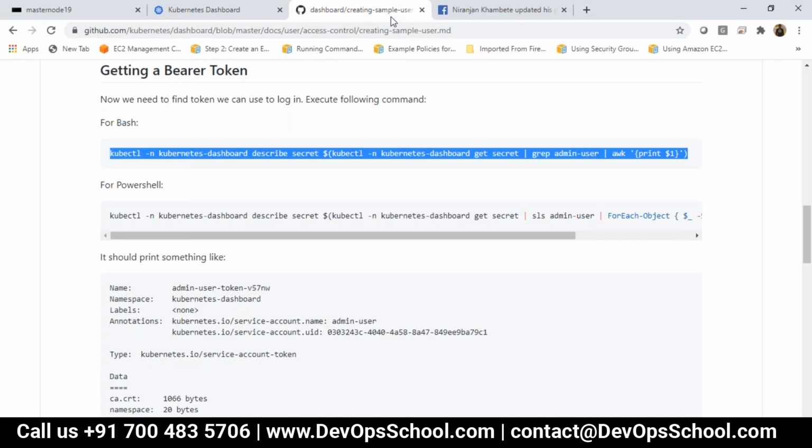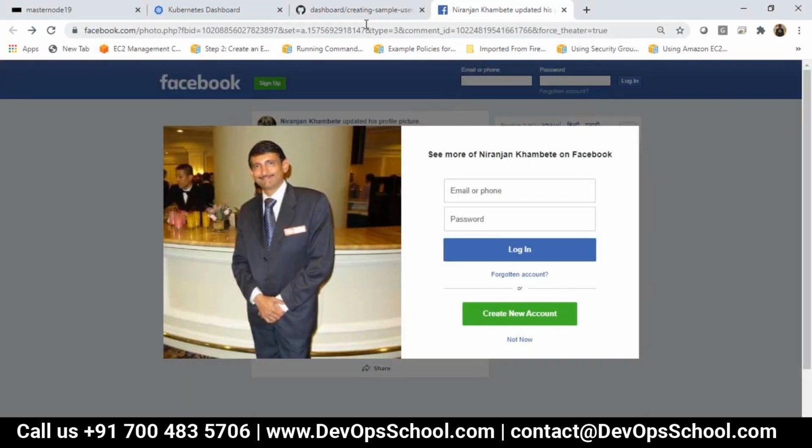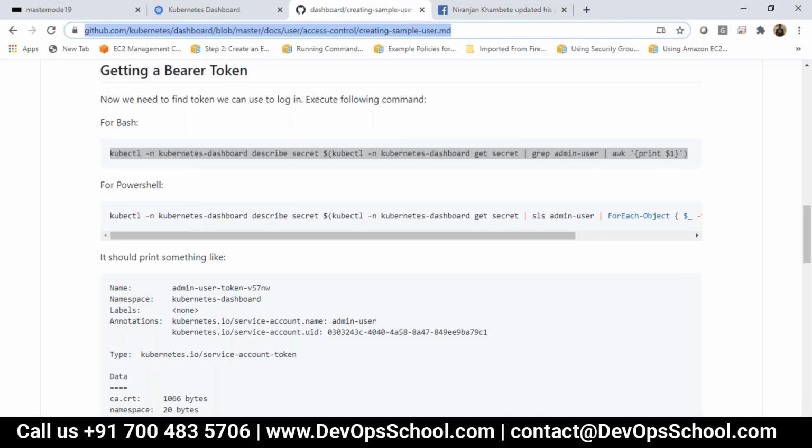Then from this GitHub link, create the user and the role.